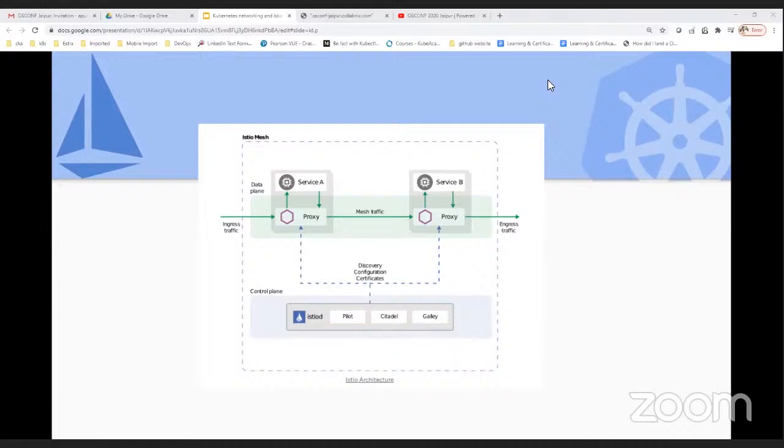If you have circuit breaking and those things, which I have already explained, that will be taken care of by Pilot. Pilot is aware of what platform it is running on, and it will ensure the traffic management part irrespective of which platform you are using.